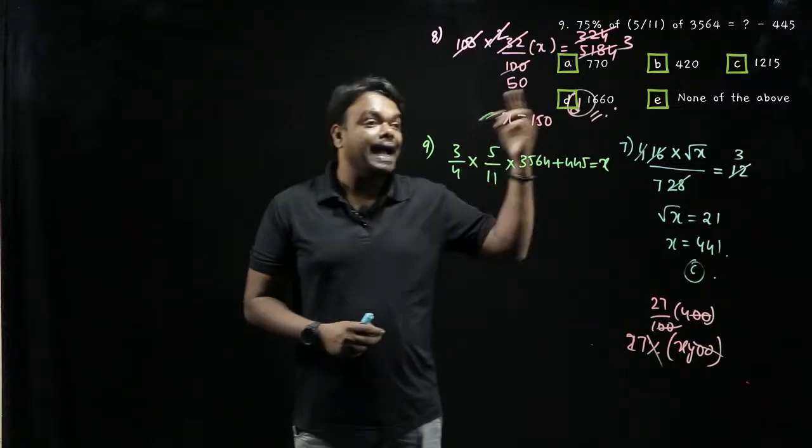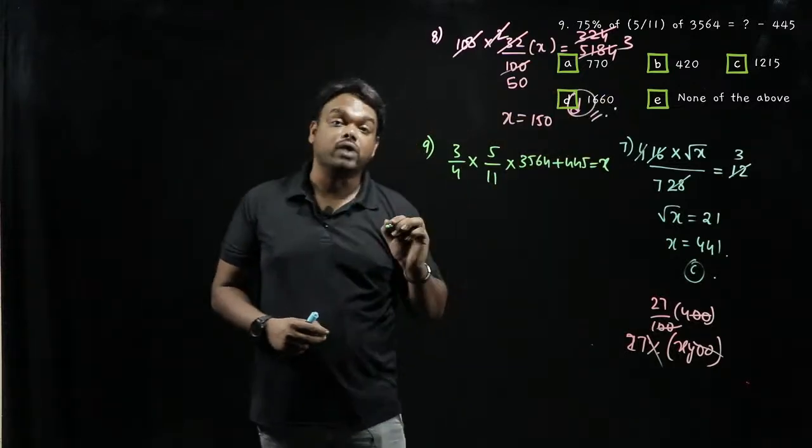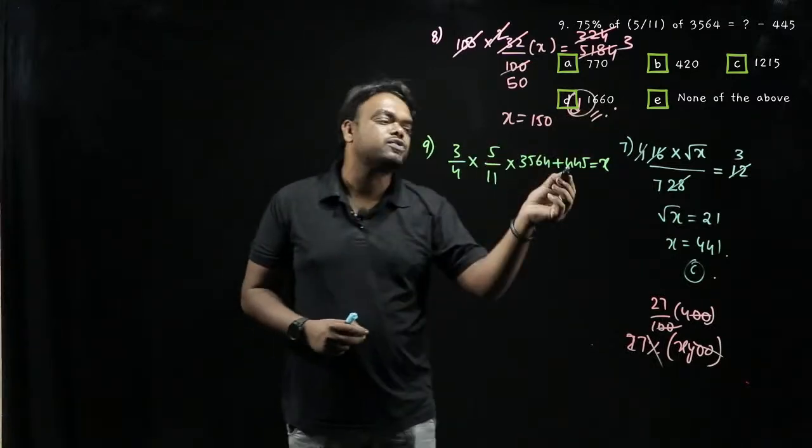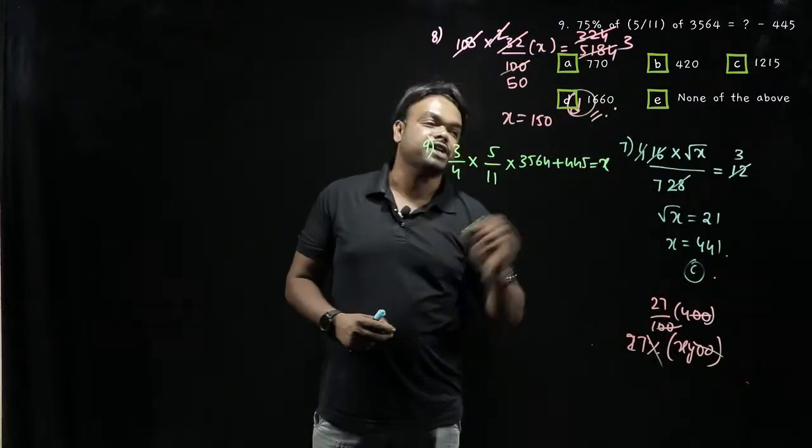Now right hand side में we have minus 445, if you bring it to this side that will become plus 445, और question mark की जगह पे मैंने लिख दिया x।